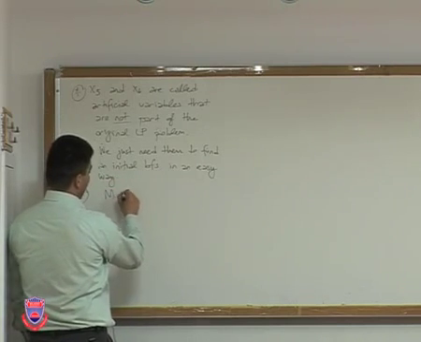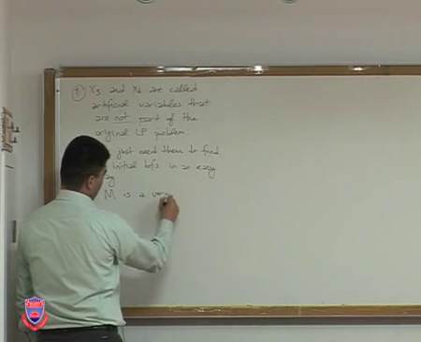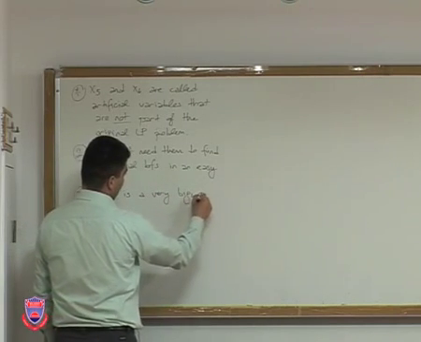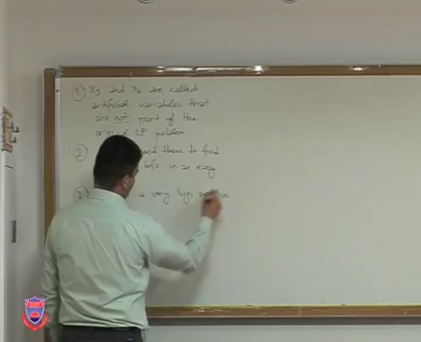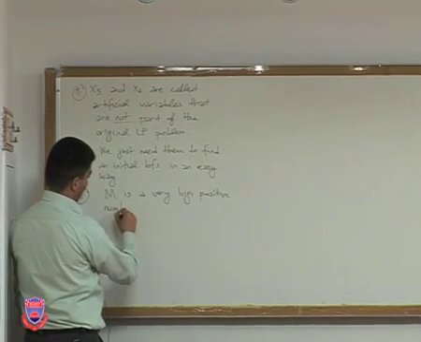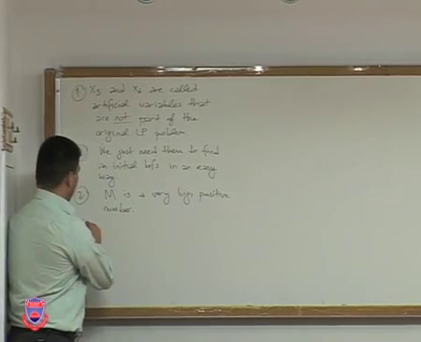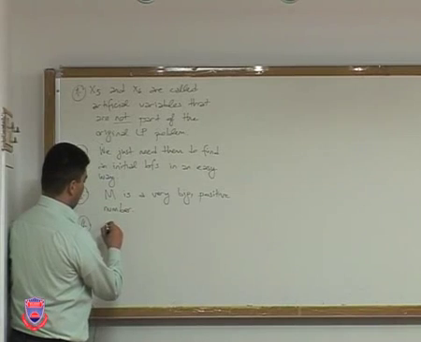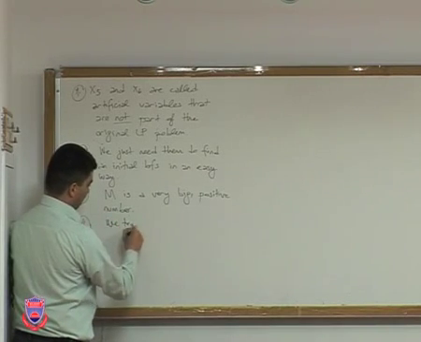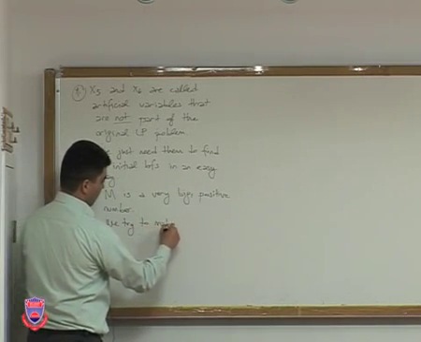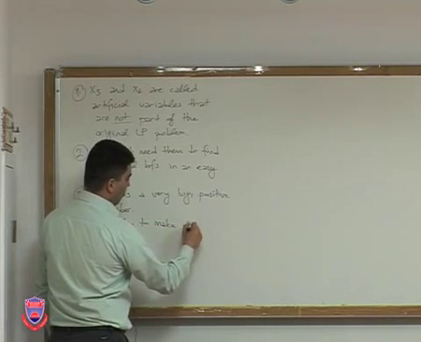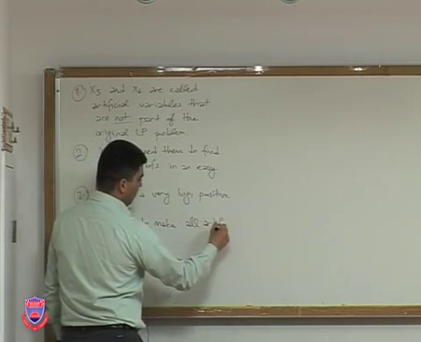Thirdly, M is a very big positive number. And fourthly, we try to make all artificial variables equal to 0